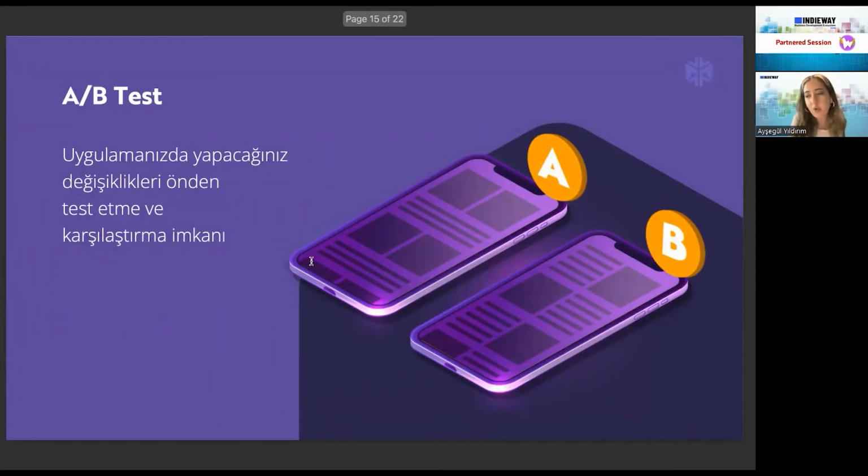A/B testing is important because it is applicable in both apps and games. It's important to compare and test everything that you make in the game beforehand, because nothing is that easy and nothing is guaranteed. You need to test every piece of content and every detail of the game. We need to detect the perception of the users. That's why we are doing A/B tests, especially